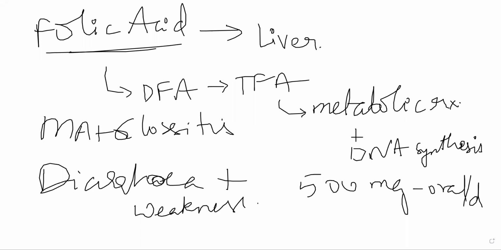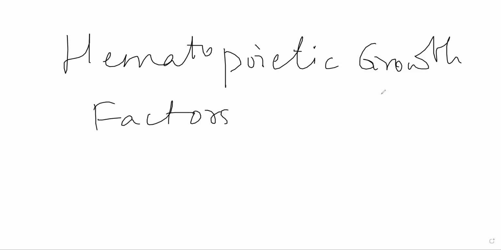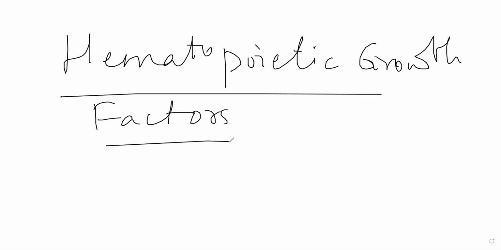Now, coming to the next type of agent. So, these were the three main hematinics. There's something also called hematopoietic growth factors. Now, these are synthetic chemicals that are used to artificially induce hemopoiesis. Now, these are not generally used because of a lot of problems that they create, because you are artificially giving hormones to regulate erythropoiesis, to increase erythropoiesis. Only in certain very specific conditions you'll use this.